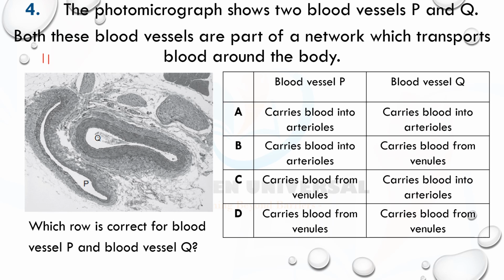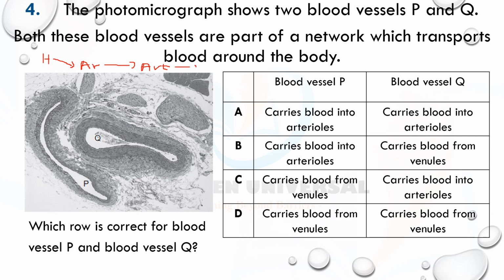So this is H, from the heart. Blood passes from the heart to the artery, so the artery carries blood away from the heart. Let me call it AR, artery. Then blood from the artery goes into a smaller artery called arteriole. Let me call it ART. So from arteriole, blood goes to